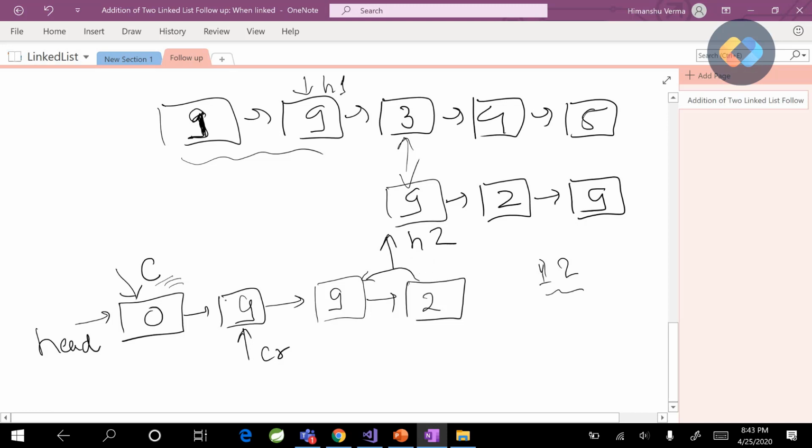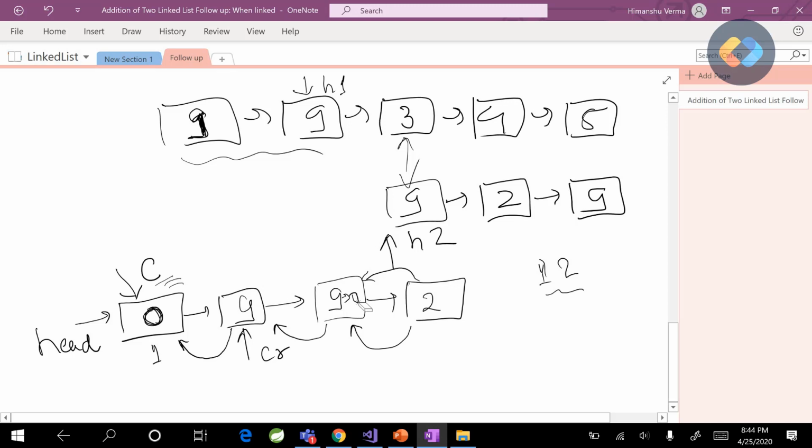Now let's see how we are handling the carry situation in this case. So as this has generated a carry, right? So what we'll do, we will start our carry pointer. Now let's see how the carry will propagate. So this carry will come here. This will become what? 9 to 0. And this will again generate a carry. This will become what? 9 to 0. And this will again generate a carry, and this will become what? 1, right? So that's how we are going to handle the situation.